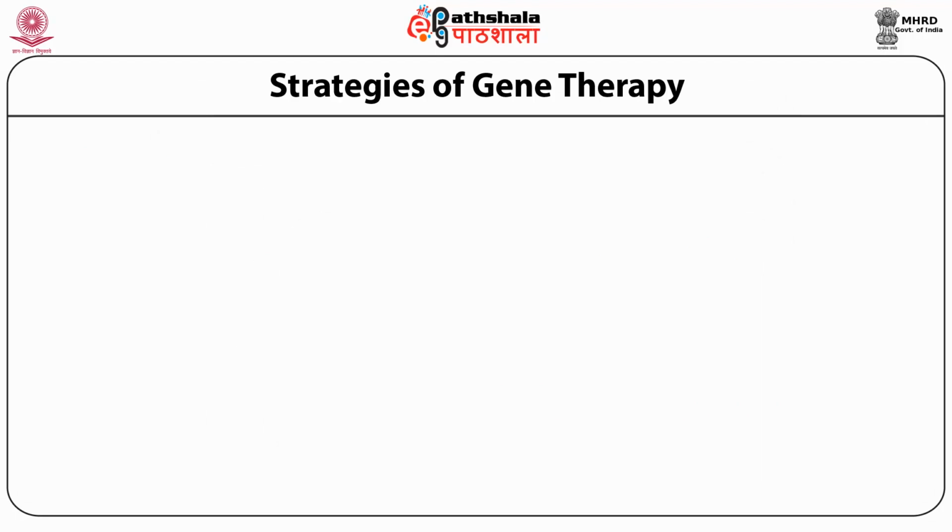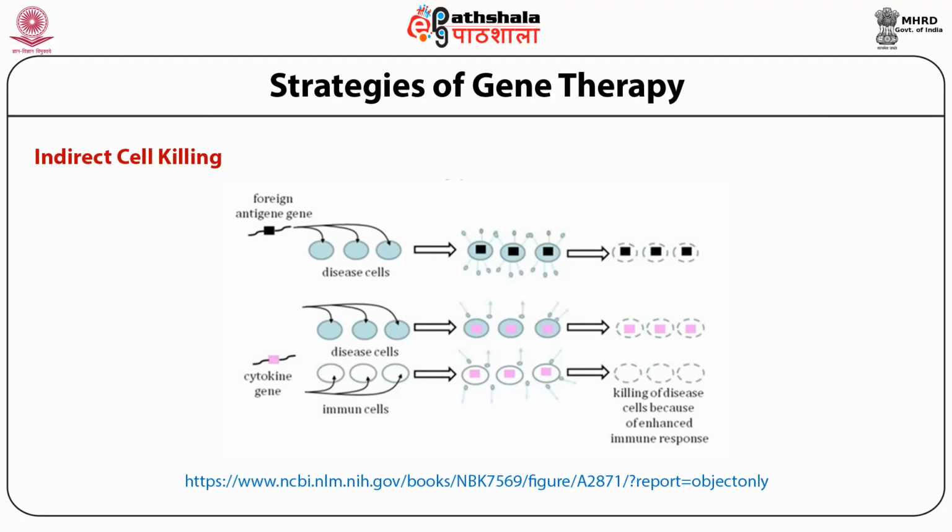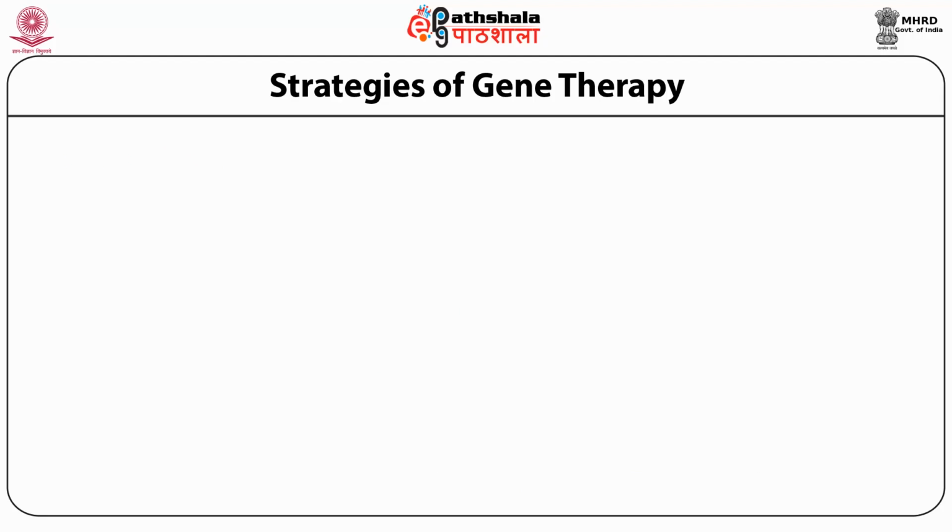In addition to direct cell killing, there is another approach which is known as indirect cell killing. It uses immune stimulatory genes such as foreign antigen genes or cytokine genes to provoke or enhance an immune response against the target cell. Third strategy is targeting